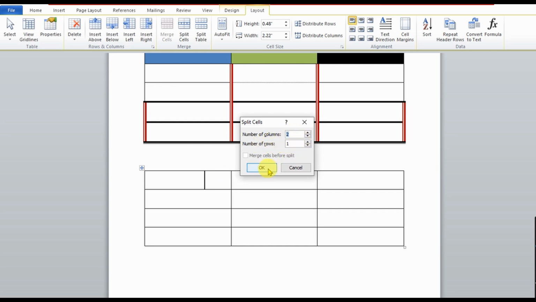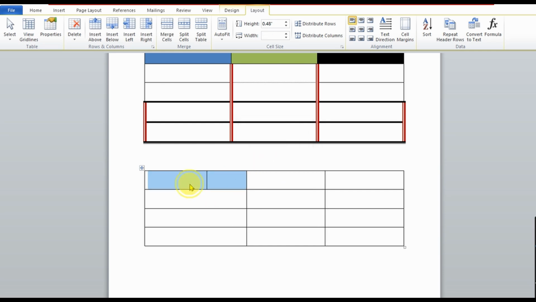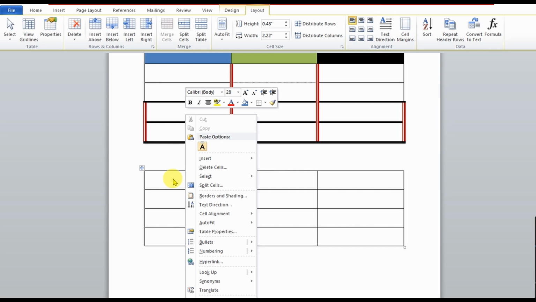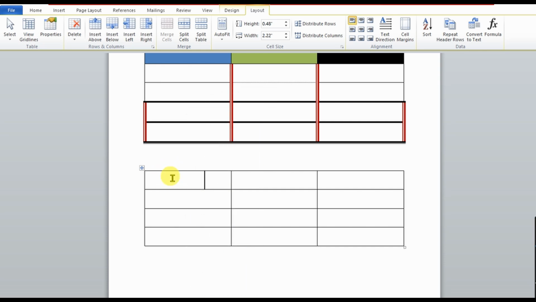And they ask you the number of columns. So I split this cell without using the draw pen. You have seen how to do that also. But together with that, let me show you how you can